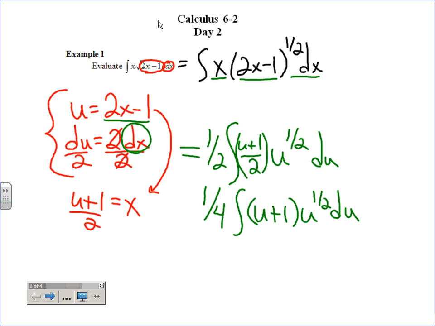In the original problem, we had a radical that we could not distribute into. Can we distribute now? Can we distribute u to the 1/2? Yes, we can, because u plus 1 is to what power? The first. So we went from a problem we couldn't distribute to a problem that we can. Have we really taken an antiderivative yet? No, believe it or not, this is more just algebra right now. So it's 1/4 the integral of, if I multiply that in,